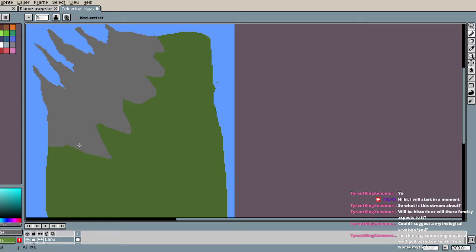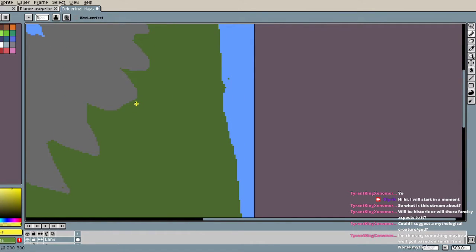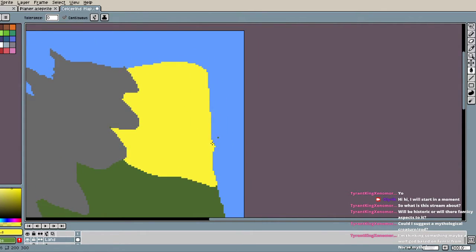Yeah, and that's supposed to be the kingdom of the giants. Again, the shape's not anywhere near final. Meanwhile, over here is going to be the religious invaders. And we're going to eat into the land a little bit, and then have an island